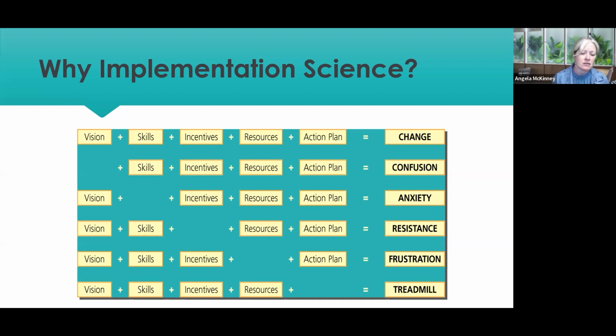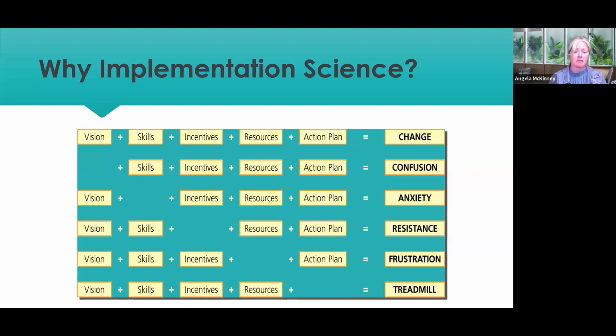We also have to have skills, right? You can't tell me that I'm going to do physics interventions tomorrow and make it happen, because it's not going to happen. I don't have the skill set for it. We have to have good understanding of what we're supposed to do in order to really make it happen. There also have to be incentives, and what I don't mean by incentives are bonuses or increased pay or chocolate or anything like that. What I mean is there has to be a payoff for doing what we do.